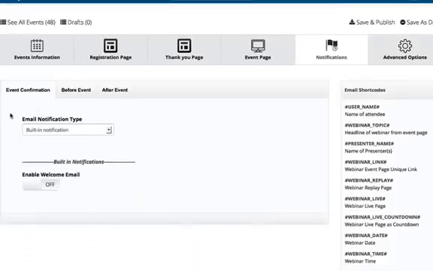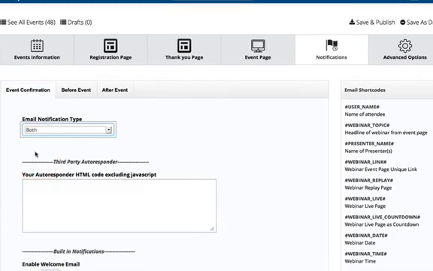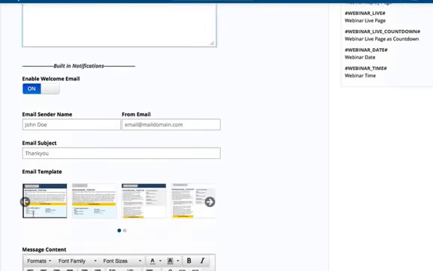We also have a built-in notification system. So if you want us to use our built-in notification to send the emails out, you can do so. But for those of you who have an autoresponder, you can also integrate your own autoresponder or even use your own autoresponder to send out the email notifications for the webinar. We also give you the option of both, meaning that you would add your autoresponder code here and you could enable our emails to be sent out from our dashboard. You would put your name here,